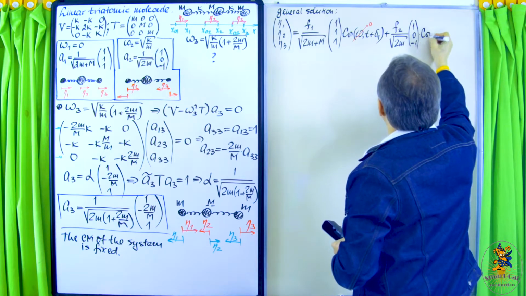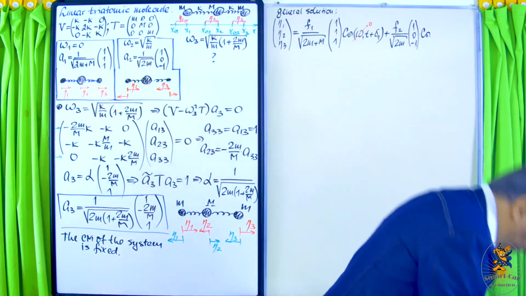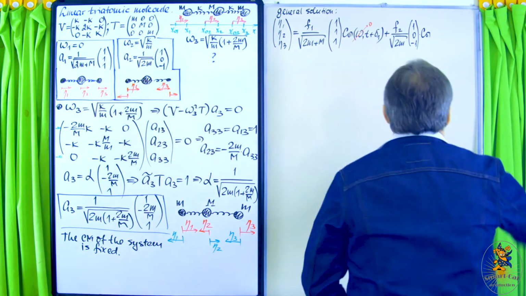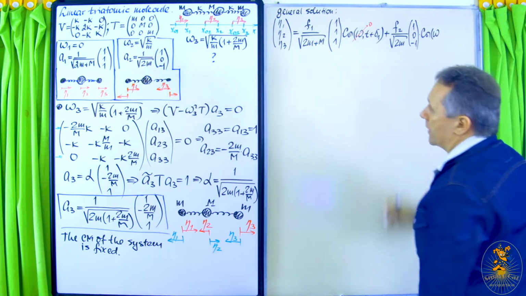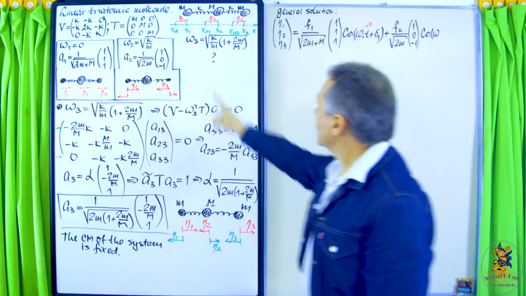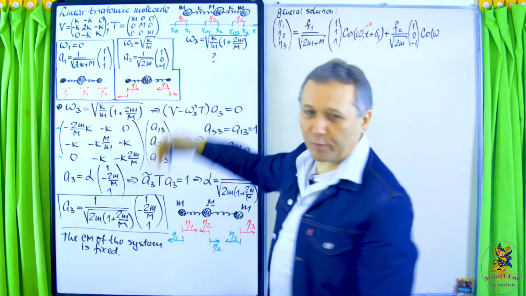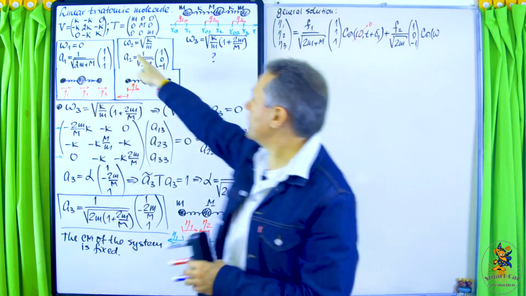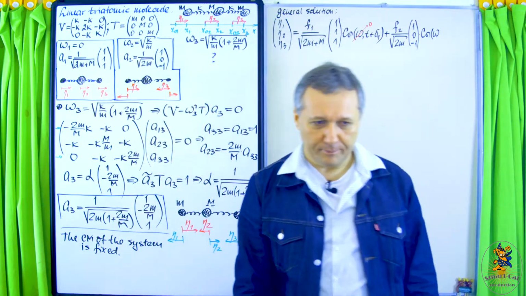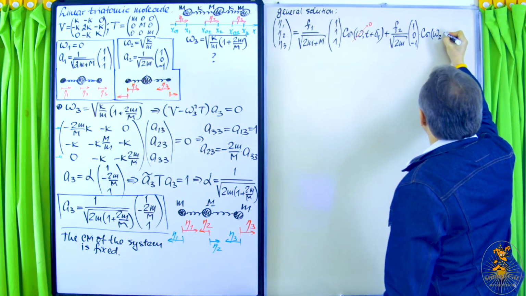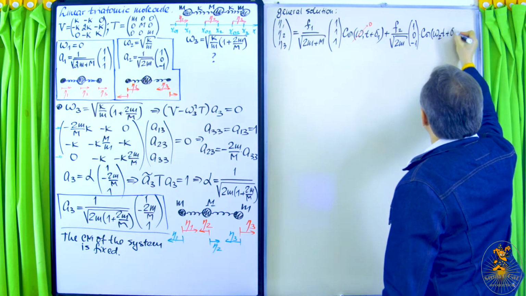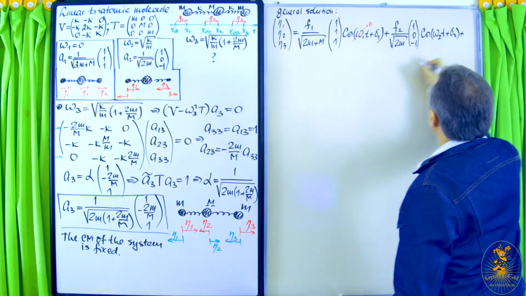And time dependence, cosine of, okay, you know what? Because even omega 3 will be kind of complicated, so I will just write omega 2, omega 3, just to save space. So omega 2t plus delta 2, and then plus